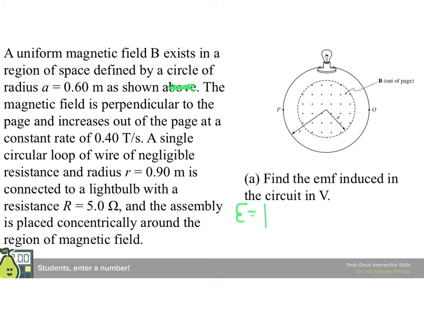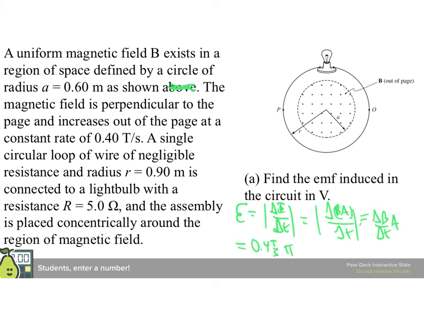Well, the EMF, remember, is the rate of change of the flux per time, and the flux is the field times the area. We want delta BA over delta t. Sorry, that's drawn very badly. So it is the absolute rate of delta BA over delta t. But A isn't changing, so it's really delta B over delta t times the area. So we have 0.4 teslas per second